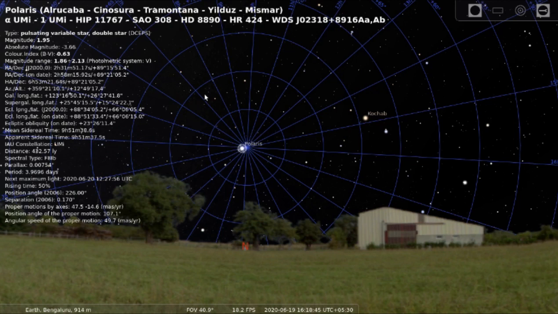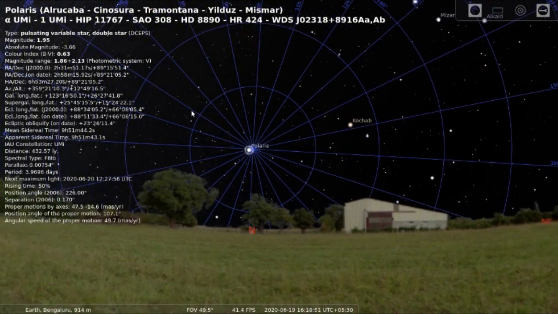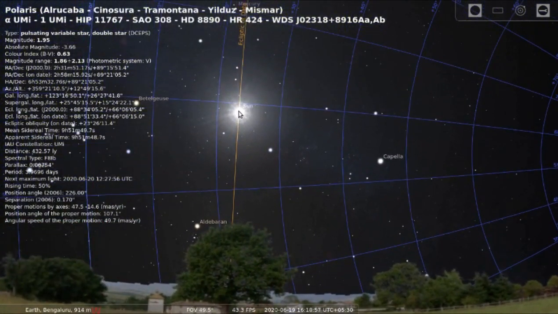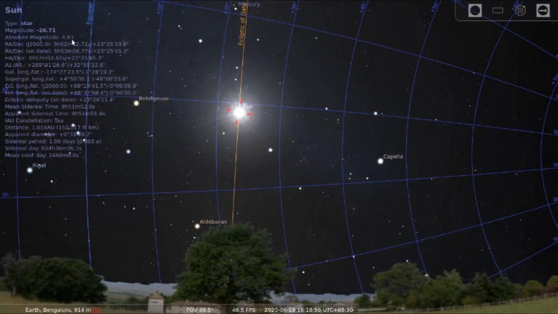Whereas the sun, when it's kept at the same distance, how much is its absolute magnitude? Let's have a look at it once again. At the sun, you will see that the absolute magnitude is 4.83 only. So the pole star is going to be intrinsically brighter than the sun when both of them are kept at the same distance. That means the energy production happening inside the pole star is much more dominant in comparison to that of the sun. Okay. So I'll pause here just to see